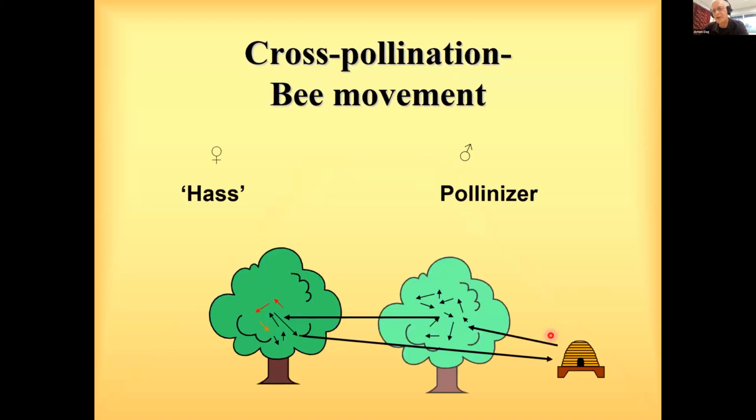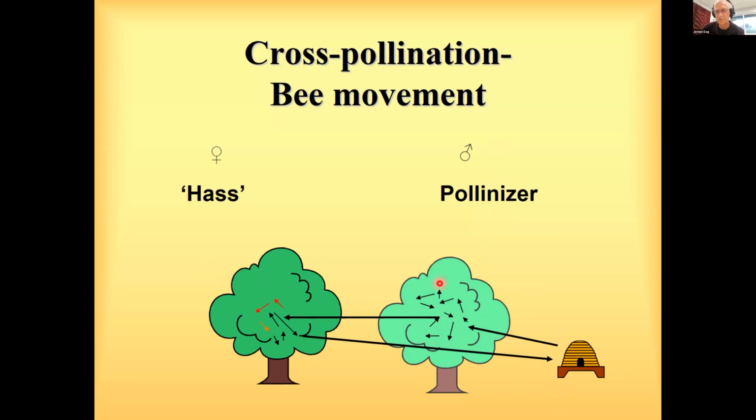Now regarding pollinizers, generally speaking, we have trees that are in the male stage, what we call the pollinizer in our case. It's the Bacon tree. The bee visits those flowers, covers its body with pollen grains, and then moves to the flowers of the main cultivar, in our case Hass. Its body is covered with pollen grains of the pollinizer, and then